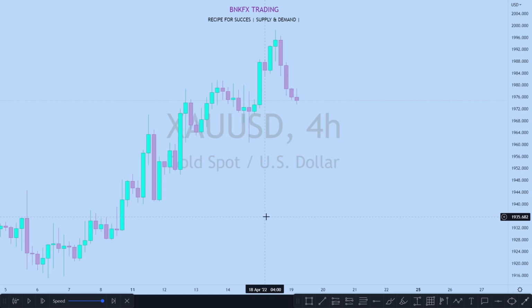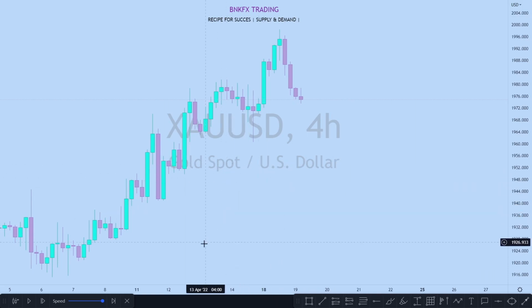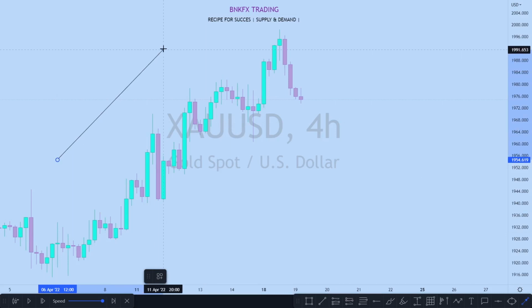My name is Andra and for today I will present you an entry based on the market structure, weak and strong highs or lows in a bullish or bearish trend, premium and discount zone, supply and demand, and last but not least, imbalance and liquidity. Here we have a chart with a bullish structure